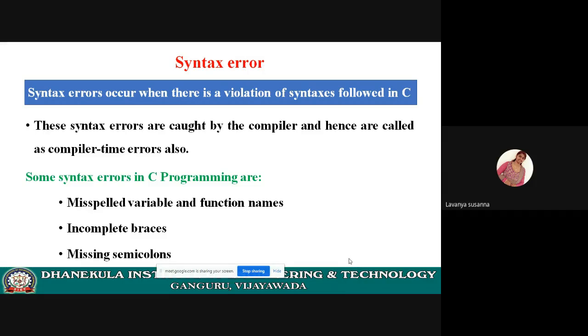Let us see how syntax errors occur in a C program. First, due to a misspelled variable: if you declare a variable and use it with a different spelling, or misspell function names, errors will be generated.